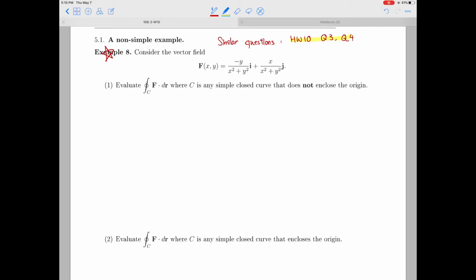Okay, consider the vector field. Yes, the same vector field that you have seen 100 times. In particular, you know that P and Q, if I call this P and Q as usual, P and Q are continuously differentiable, C1, on the entire R2 except the origin, because at the origin, the denominator explodes. Okay? So part 1, evaluate the line integral of F dr where C is any simple closed curve that does